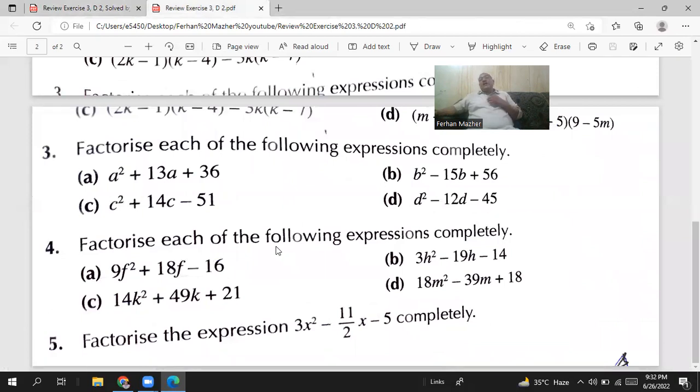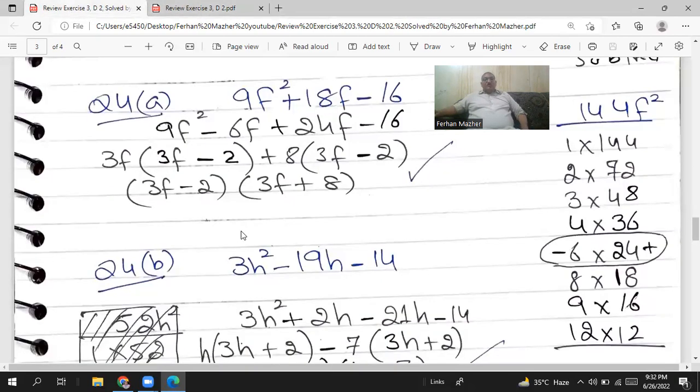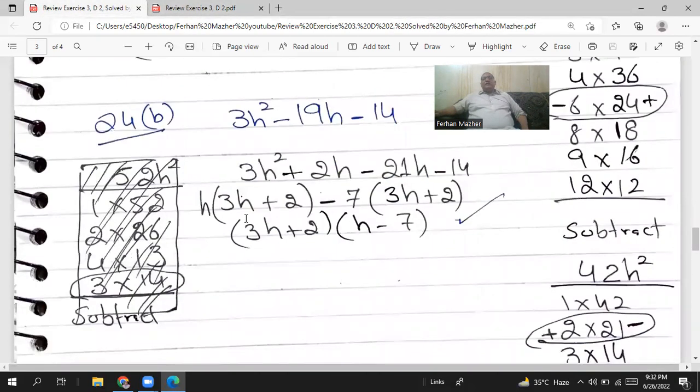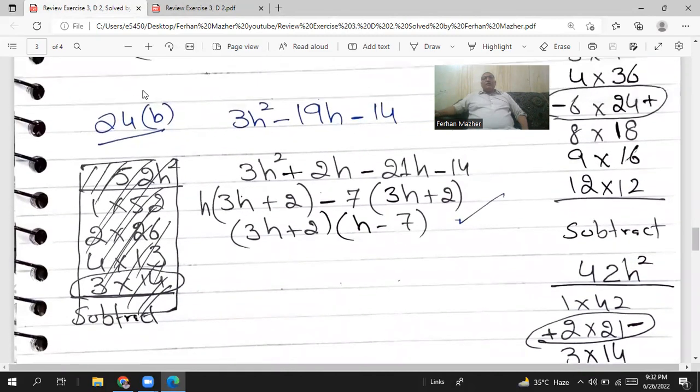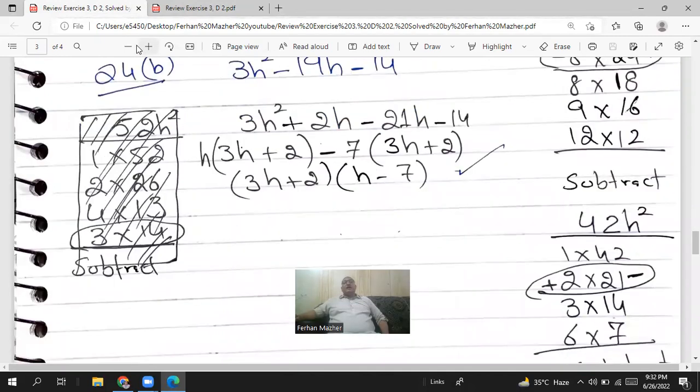The B part is 3h square minus 19h minus 14. So we will multiply the extreme terms. When 3h square is multiplied with the minus 14, it will give you